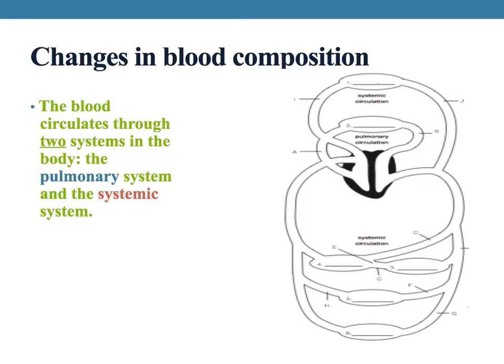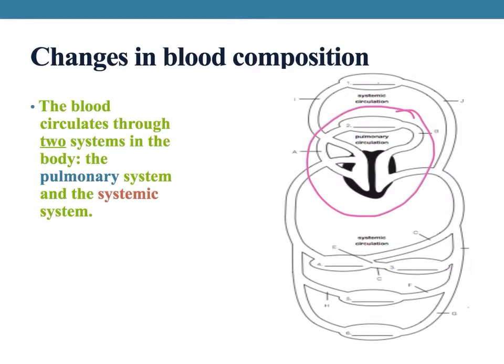So this is the main part of this lesson, with changes in blood composition as it moves around the body. You can see here on the right there's a schematic drawing of the circulatory system. So the blood circulates through two systems in the body. You have the pulmonary system, which is